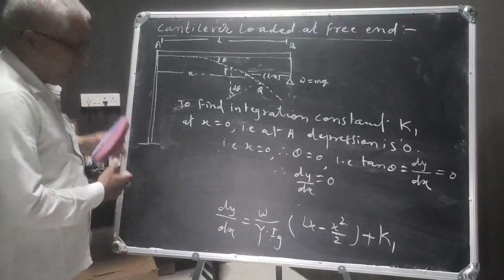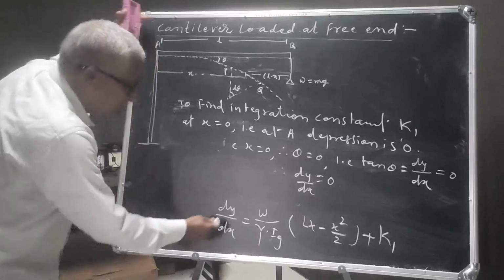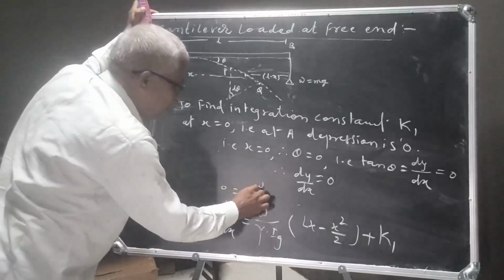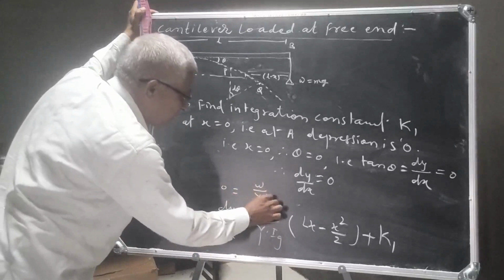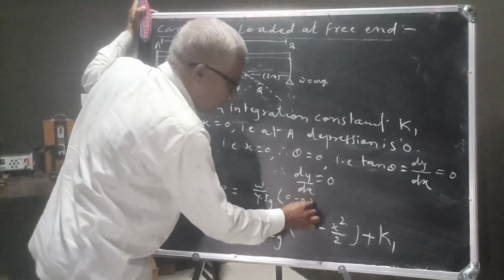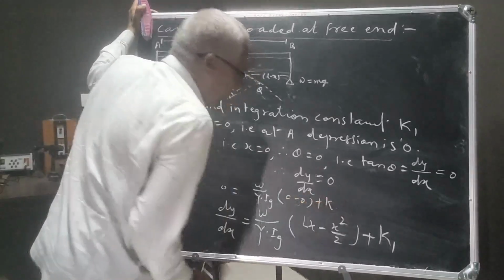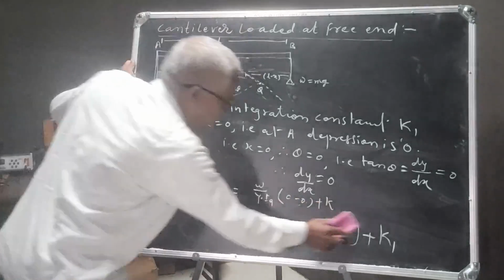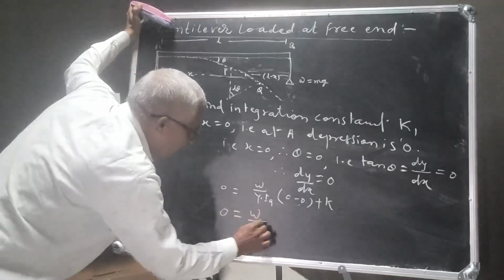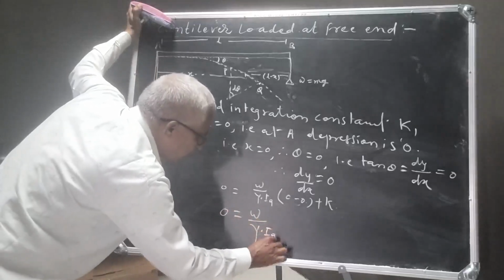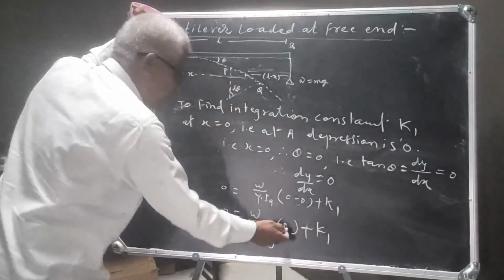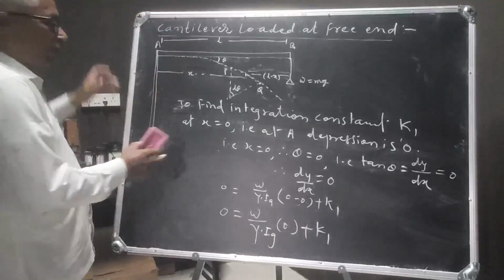The value of dy by dx is 0, then W upon Y into I_g into the bracket, where x is 0, so this term is 0 minus 0 plus k1. Therefore 0 equals W upon Y into I_g into 0 plus k1, which means this term also becomes 0, and the value of k1